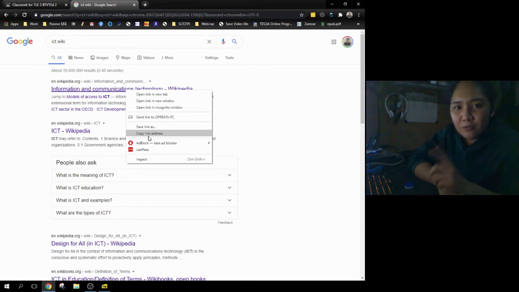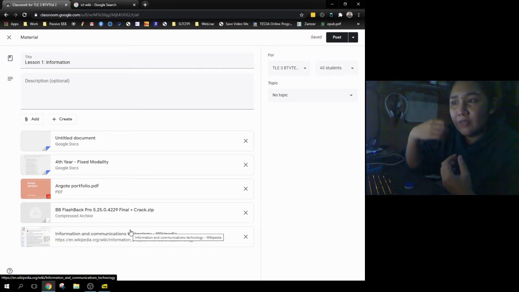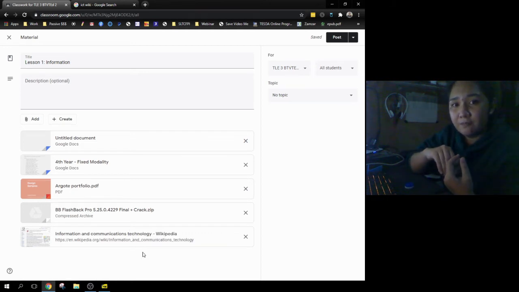If you're having trouble uploading anything from any of the other selections in add, just use add link. Alright? It can be a YouTube video. It can be a link from your drive. All you have to do is get the shareable link from those files, and you just have to paste it there in add link. That is the easiest escape route for you to finish your test quickly,